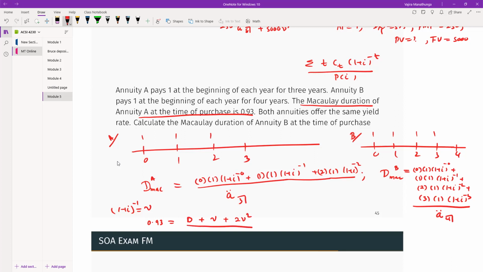And let me expand this annuity formula: (1 plus i) to the negative 1 plus (1 plus i) to the negative 2. So basically that's going to be 1 plus V plus V squared. So from here I can solve for V